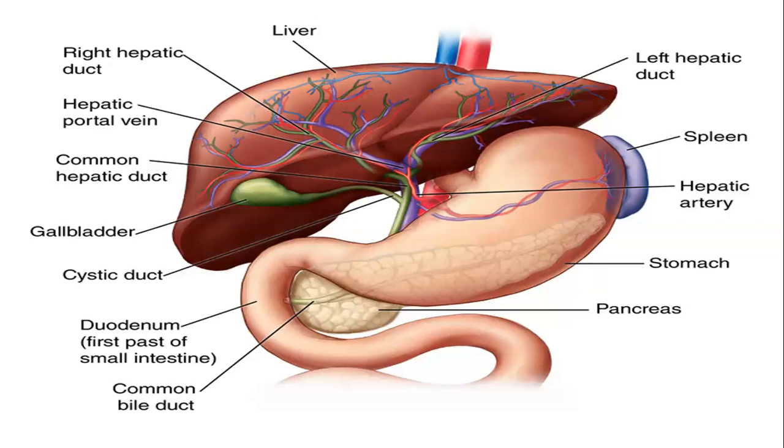Oxygenated blood flows in from the hepatic artery, and nutrient-rich blood flows in from the hepatic portal vein. So the liver holds about 13% of the body's blood supply at any given moment, and it consists of